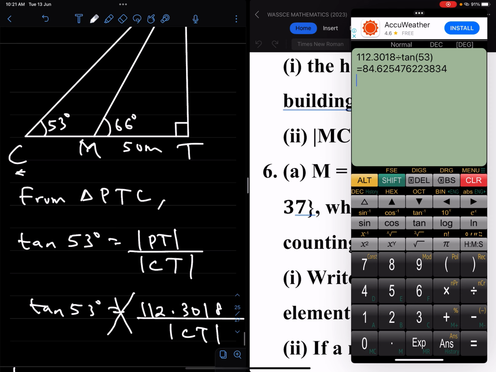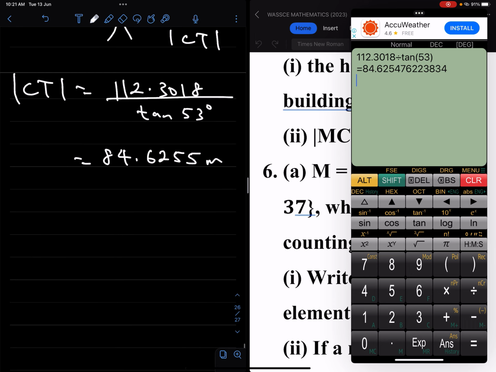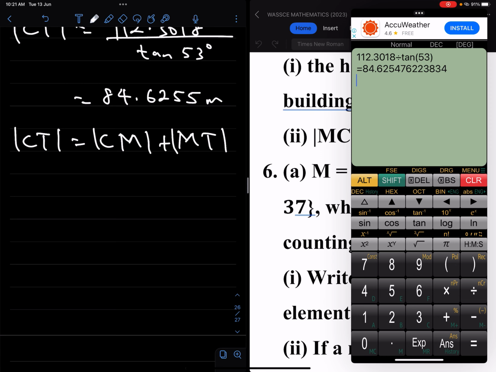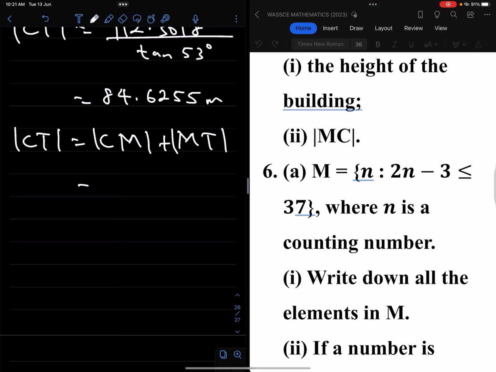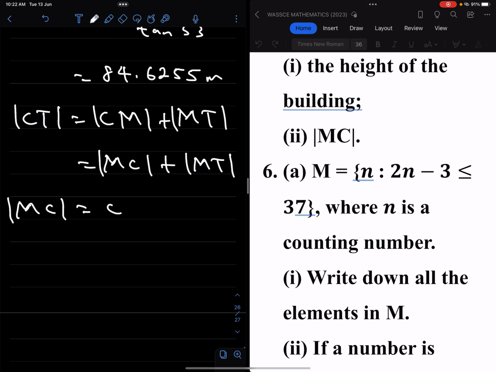So CT is the same as CM plus MT. Yeah, so that's CT equals CM plus MT. They called it MC, so I'm going to leave it as MC, which is the same as saying MC plus MT. So that means MC is therefore equal to CT minus MT, and that's